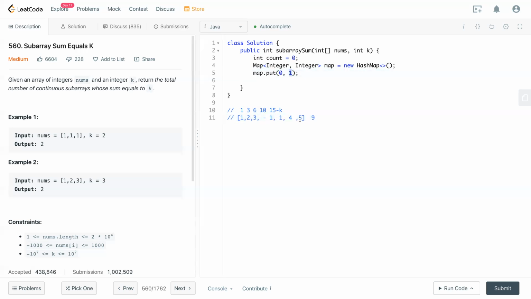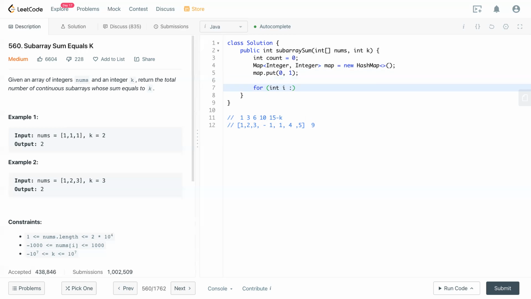So the total array, when you sum up at the end, is still 15. But when we're looking for k, which is 9, then when you reach this point, which sums up to 6, the remainder is also 9. So you see, this is how you find the subarray sum equal to k. Hopefully that's clear enough. Next step, we have a for loop that loops through